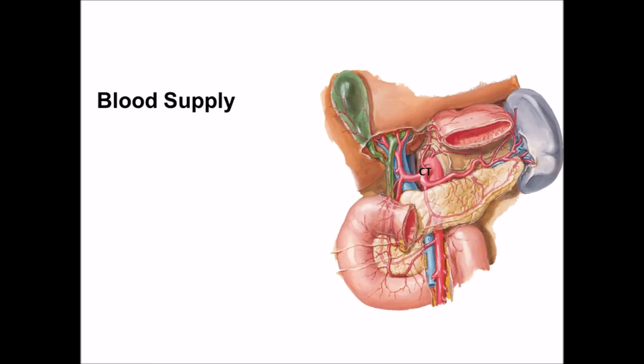Blood supply of duodenum. The duodenum is supplied by end arteries. The first artery is the supraduodenal artery, which arises from the gastroduodenal artery, which is the branch of common hepatic artery. This supraduodenal artery is also known as artery of Wilkie. Supraduodenal artery supplies the upper margin and upper 2/3 portion of anterior surface and upper 1/3 portion of posterior surface of first part of duodenum.